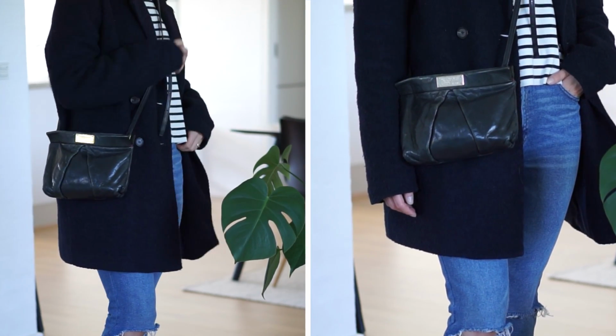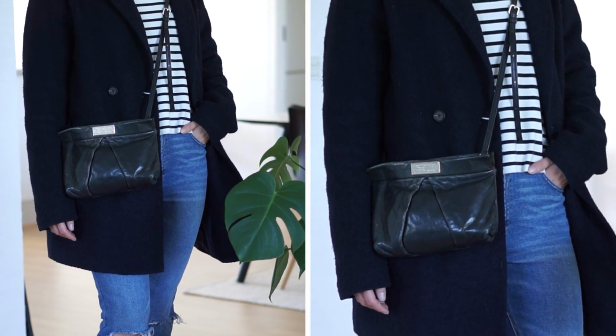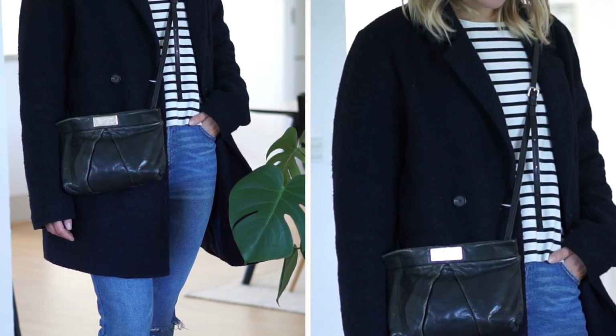My crossbody bag is what I reach for most of the time, because even though it's not very big, it's just very practical because it keeps my hands free and I don't have to worry too much about it. It's kind of just hanging on my body. I like to use this for when I go grocery shopping and I only need my wallet and my grocery list. I also wear it if I'm gonna go to a party or an event. And actually I also wear it if I'm gonna go sightseeing or something similar, because again, I just like that it hangs on my body and I can feel free and not worry too much about where my bag's at